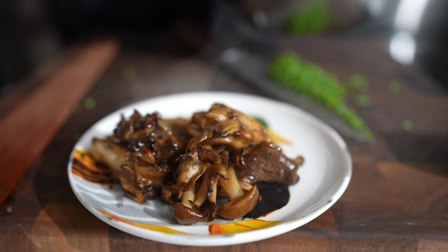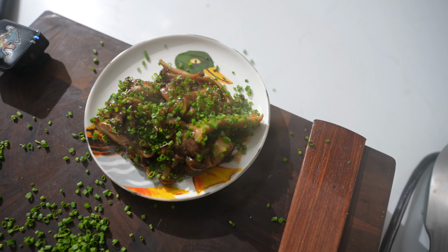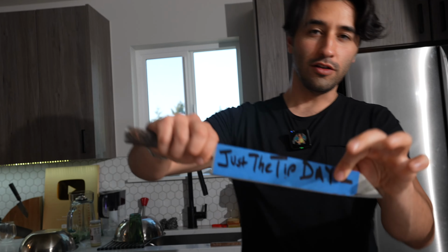A good amount of cheese. Oh yeah. Nice. Oh fuck yeah. Yum. That is just the tip